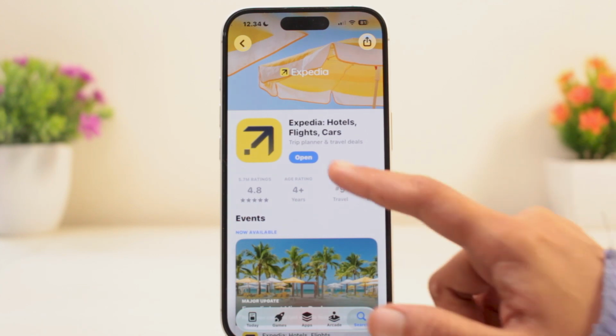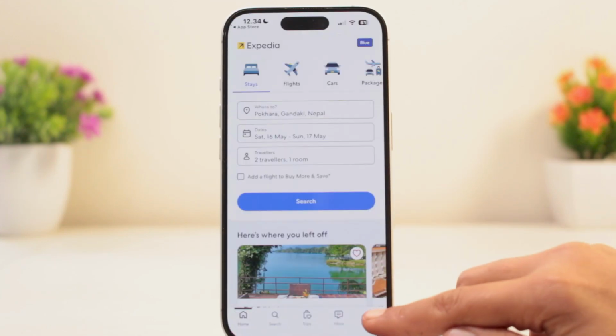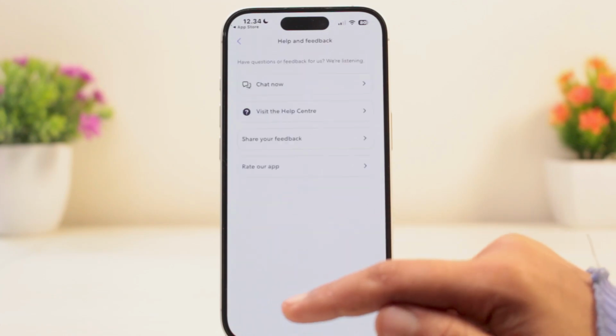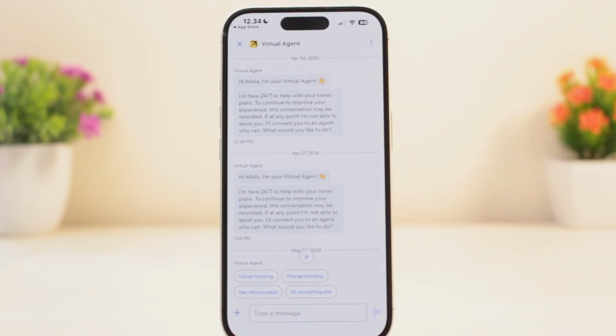The next thing you can do is talk to their virtual agent. Go to the Expedia app and then go to your account at the bottom right corner. Now scroll down and go to help and feedback. Now tap on chat now and then you can chat to their virtual agent and tell them about the